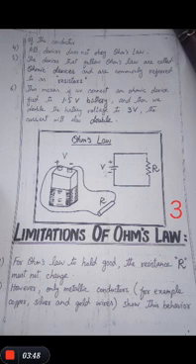And the second point is, however, only metallic conductors, for example, copper, silver and gold wires, show this behavior regarding Ohm's law, and it is true only for a limited range of voltages. It means that if we increase the amount of voltage, obviously the current flow will increase, but it will be up to some limits.